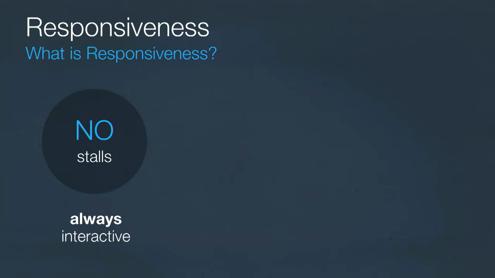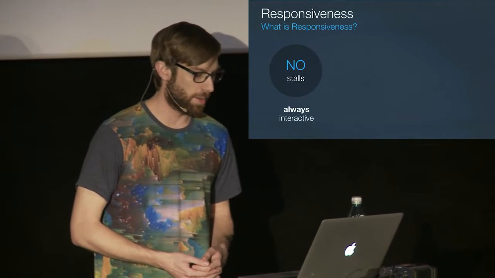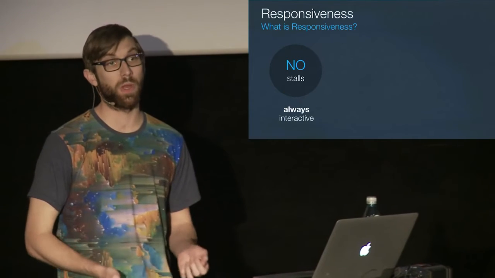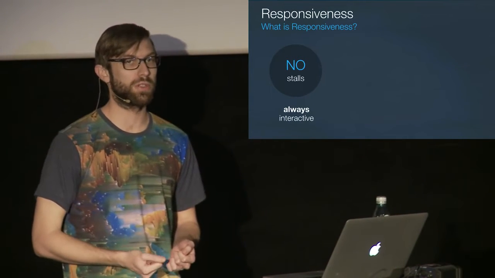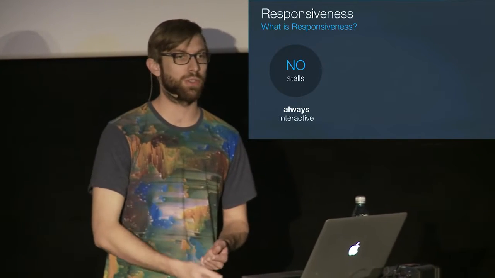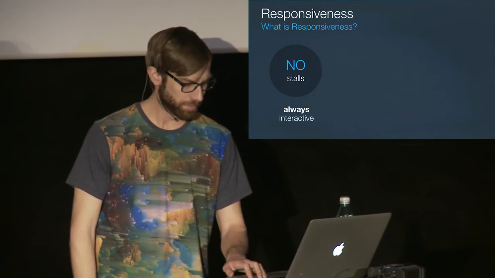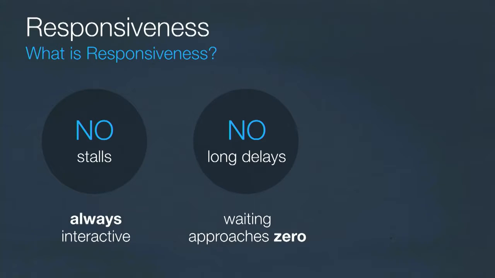I've defined this in kind of 3 parts. The first one relates to gestures and sort of dropped frames. Everyone here is familiar with this. But the idea is that regardless of the stage that your application is at, it should be responsive to users' input. So even if it's loading something, even if the user just performed an action, it should still be responsive to whatever is on screen. The next is to minimize long delays. This actually has a lot to do with network access and data loading and caching. When you actually request content ahead of time, there are a bunch of systems that are needed to do this